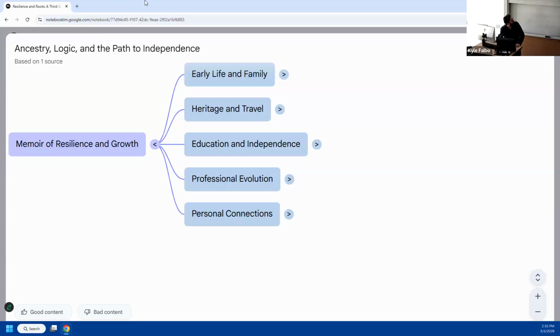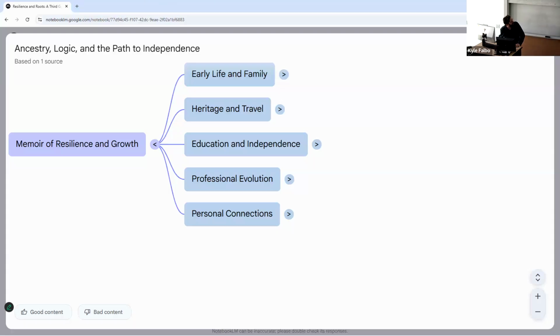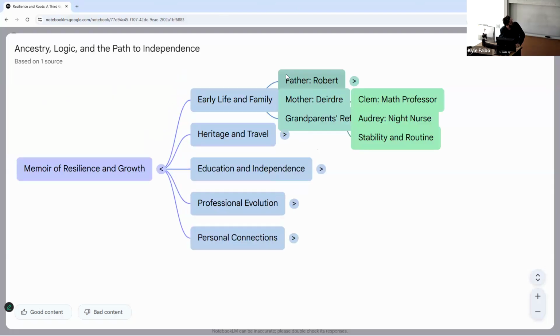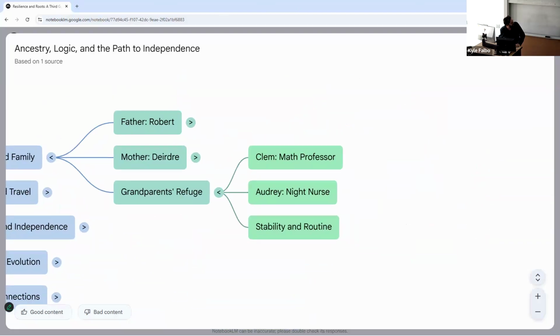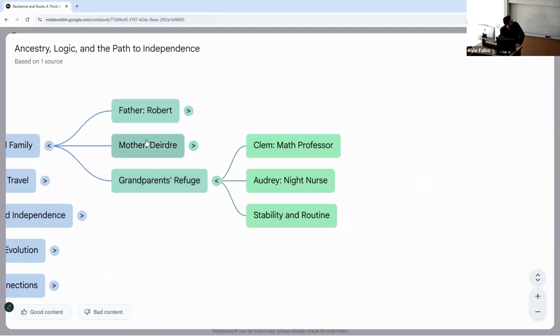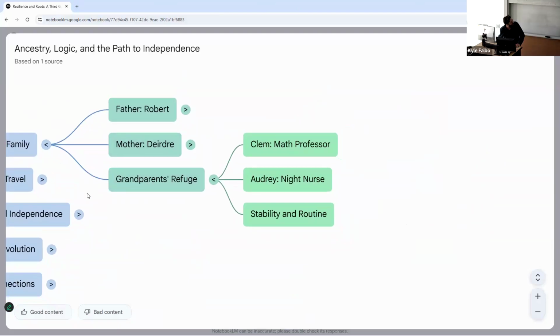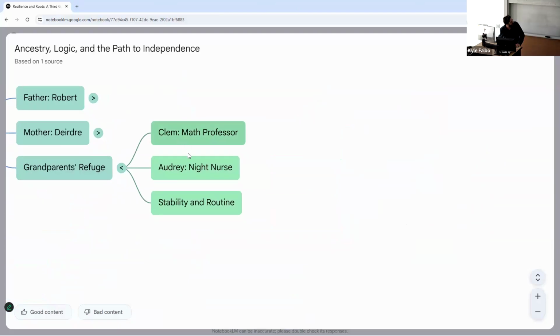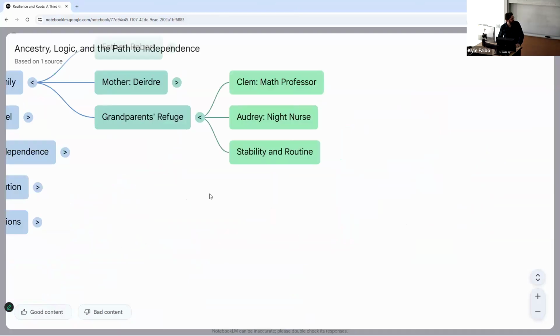If I go into early life and family, it branches into my father, my mother, my grandparents' refuge. That breaks down into my grandfather, my grandmother, and this concept of stability and routine.